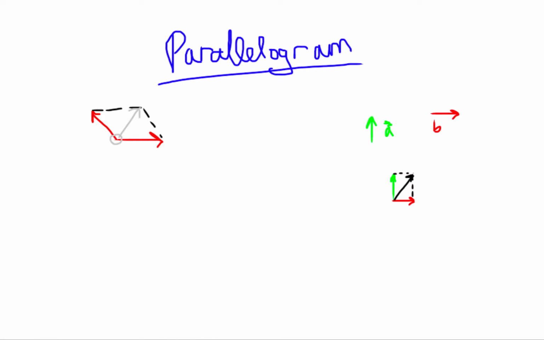Let's take a look at a different set of vectors where we can let this be A, and we can let that equal B. They don't have to be the same magnitude either. I know I'm drawing them, it can be like that. So let's just draw vector A here. Remember, with the parallelogram method, these parts